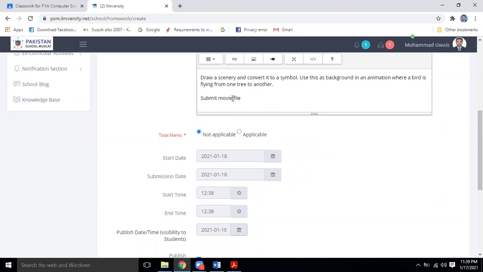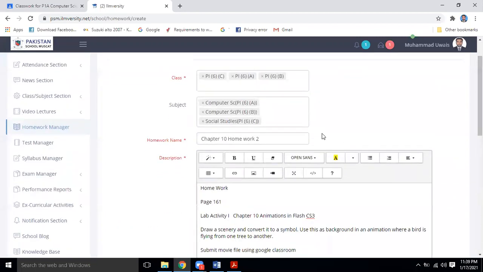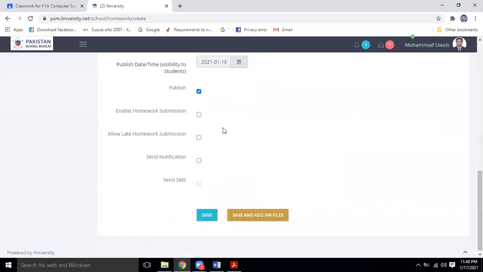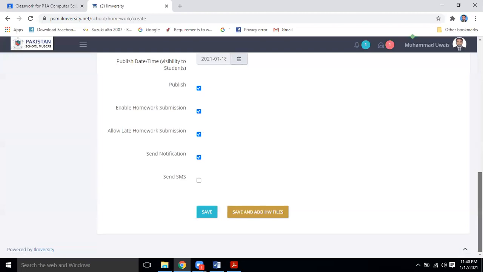Publish it to the movie format so that it will be easy for me to play it directly. Okay, fine. You will be able to see this in your university as well.